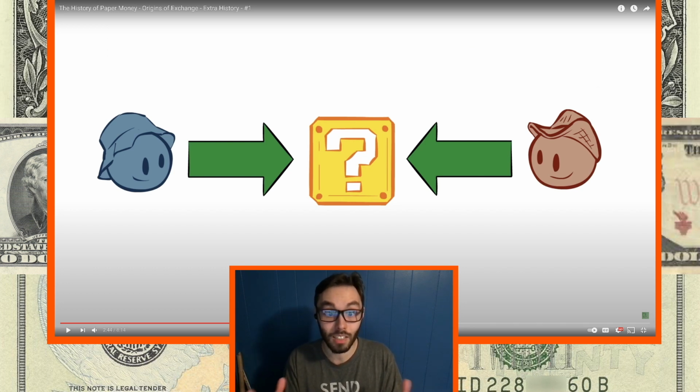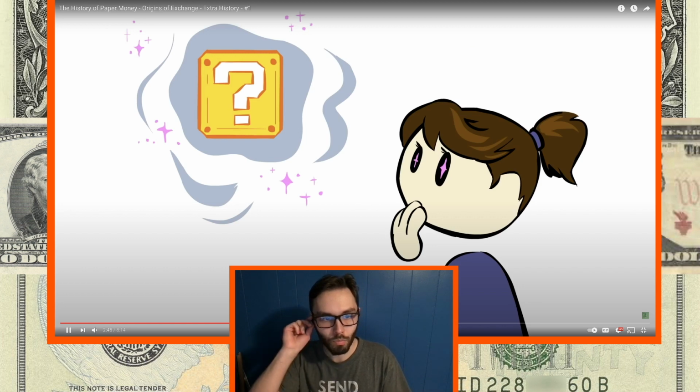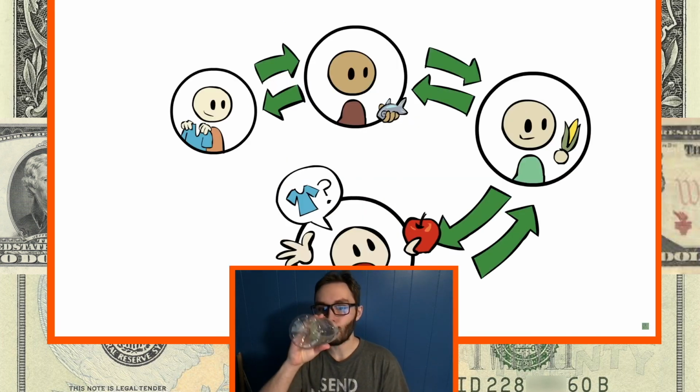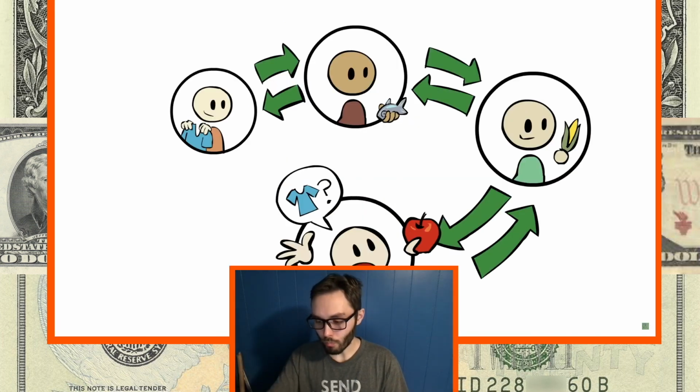Barter definitely occurred, but full-on barter economies, there's not a whole lot of examples of them. I can't think of many off the top of my head, many of which did find this third thing. But wouldn't it be convenient if there was some universal third good which everybody wanted and would trade for, so we didn't have to do some long chain of bartering every time we wanted something?